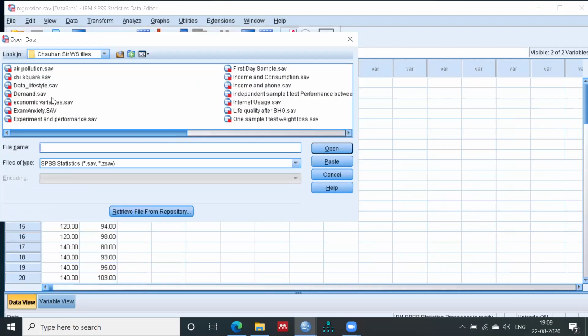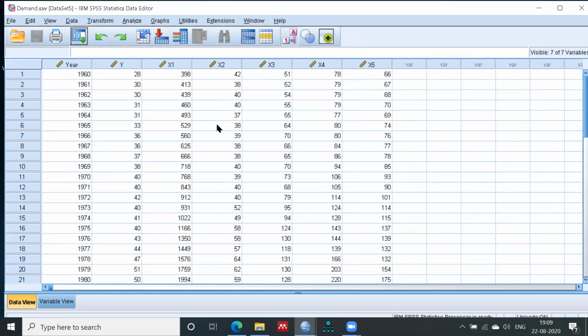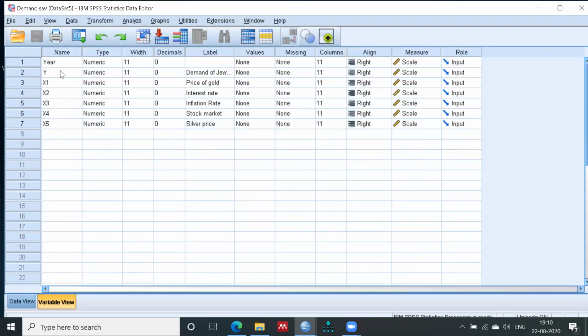Or data lifestyle. Okay, we can open the demand file. Yeah, this one we can apply. In this file, you can see we have one y. In the variable view, you can see what is y, x1, x2, x3, x4, and x5.